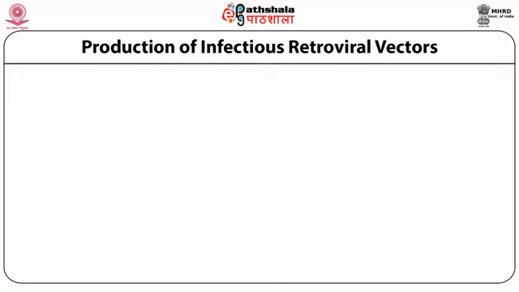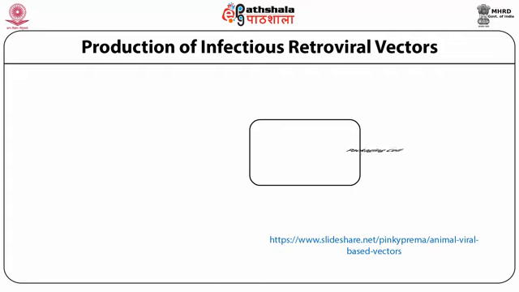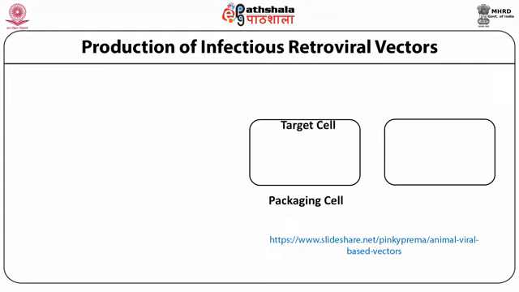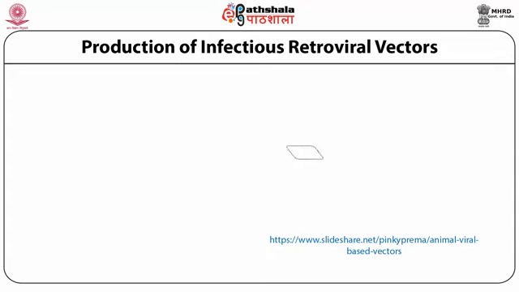So how can we produce infectious retroviral vectors in the laboratory? We know that we have terminal repeats, left and right. Then we have the genes. They enter the host cells and are packaged in the cells. During packaging, the ENV, GAG and POL genes play major roles, and then they infect the target cells and come out of the cells by penetrating the cell membrane.